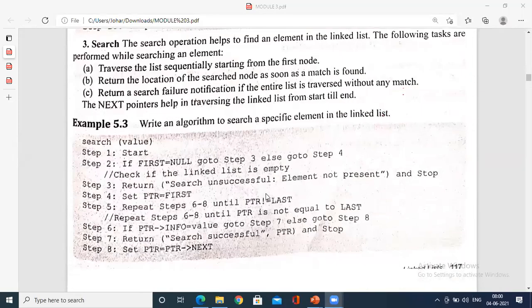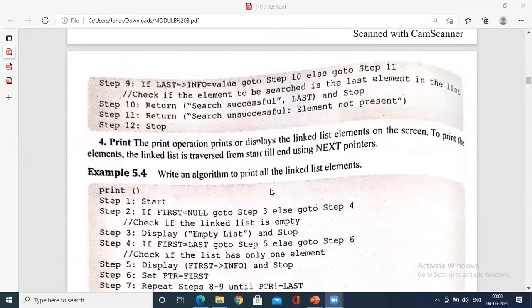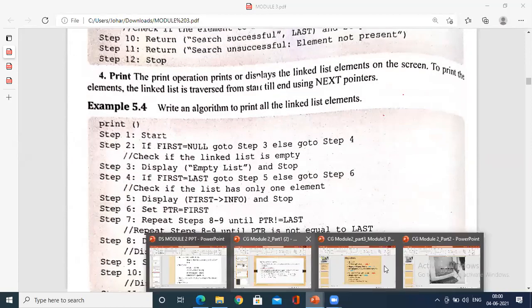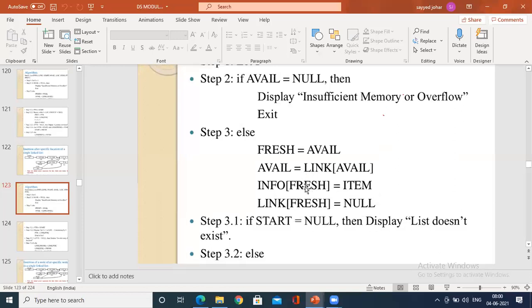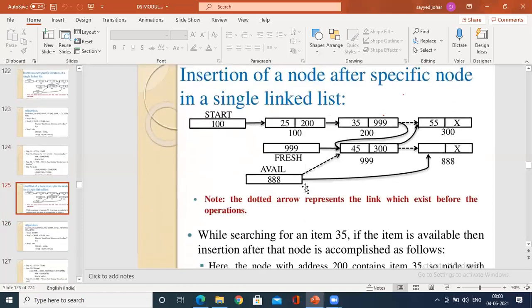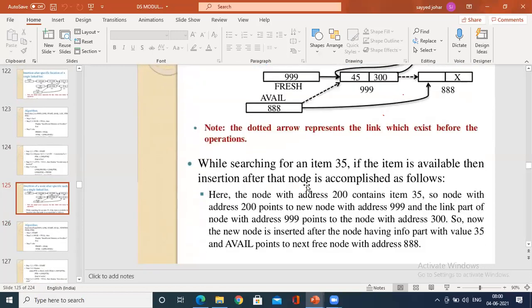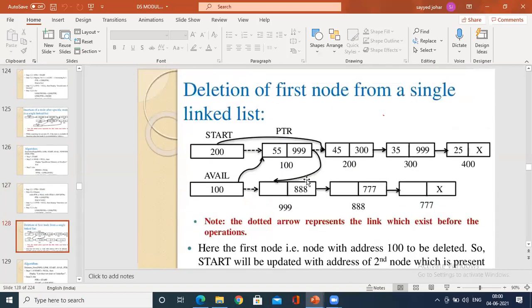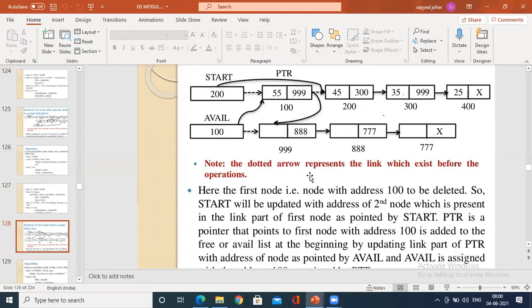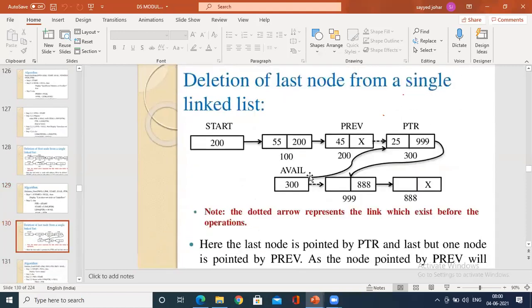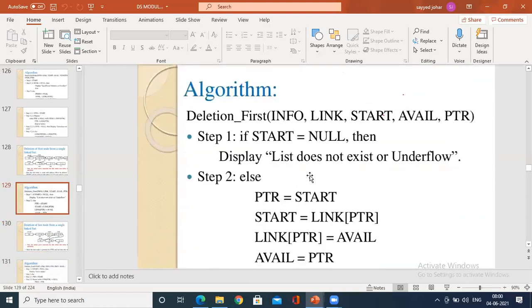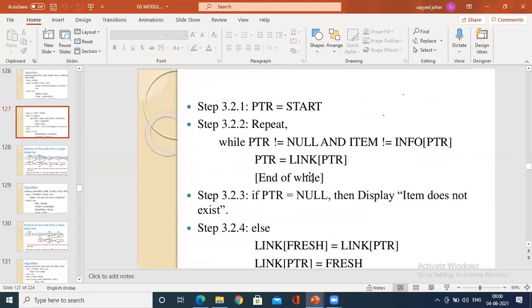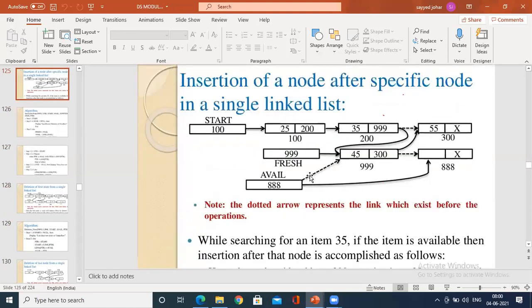So he has given you only the algorithms in between. The thing is that first you logically need to understand the algorithm. Directly we cannot write the algorithm. So let me show a single case of insertion of a node in between, or say deletion. Let me go to the insertion itself today.